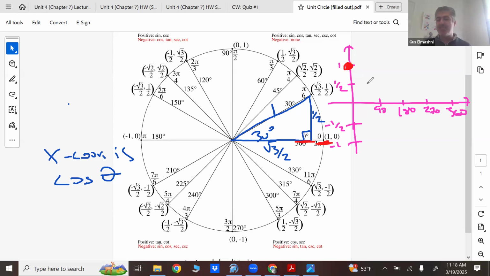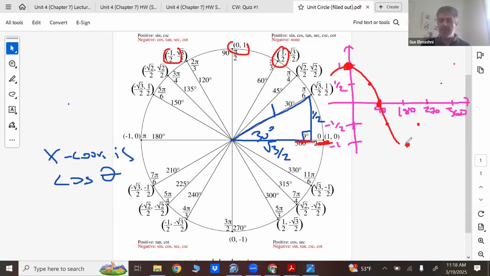Okay, it's 60 degrees. What's the x coordinate at 60 degrees? It's a little bit before 90, and at 90, the x coordinate is 0. That's the cosine graph. At 120, it's -1/2. It's like a semicircle, and at 180, it's -1. If you continue graphing it all the way around,